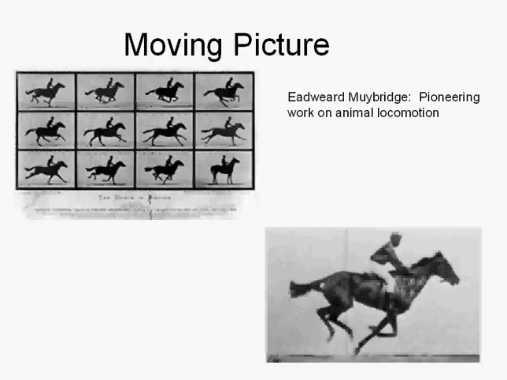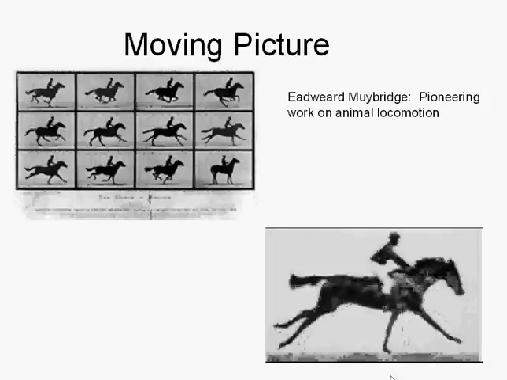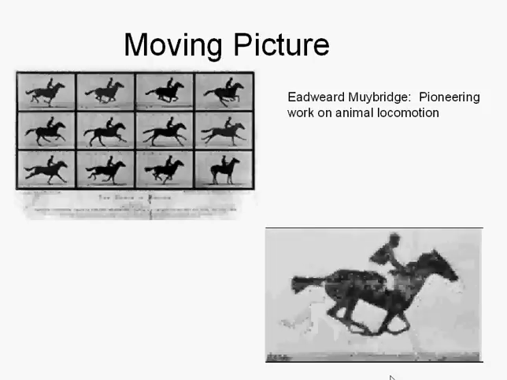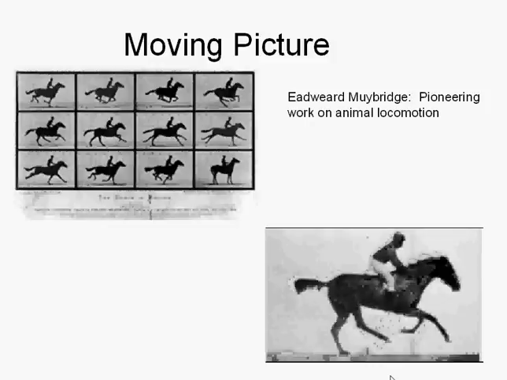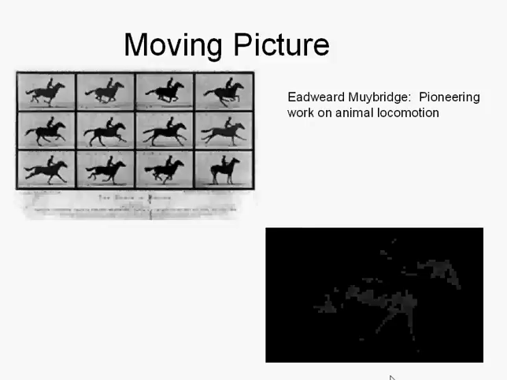And so he and Muybridge had worked on this, and Muybridge had taken a series of photos of a horse in motion and was able to put these photos together to create this video, which is down in the lower right of the screen. You can see it's the same type of illusion, and so this gives the illusion of the horse in motion.